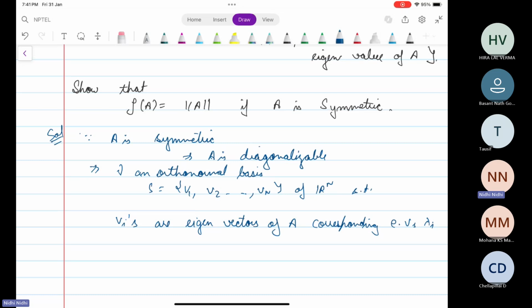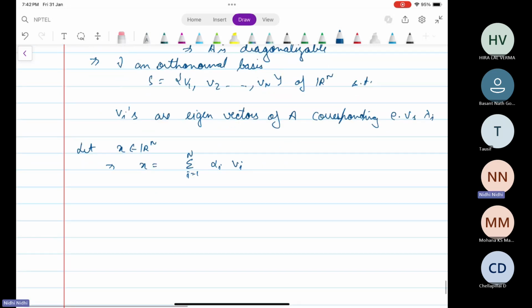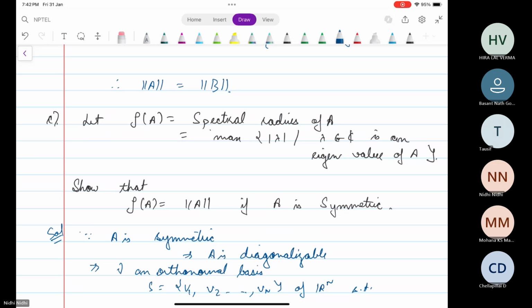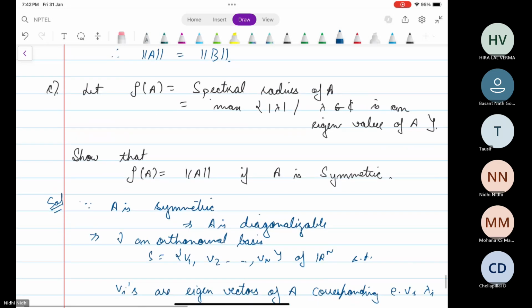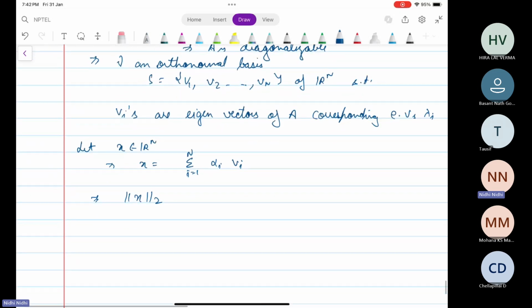So now since S is a basis, let X belonging to Rn be arbitrary. Then we can write X is equal to summation i from 1 to n alpha i vi. This gives us norm X2. I'll be taking norm 2. You can do that for arbitrary p as well. So norm X2 will be